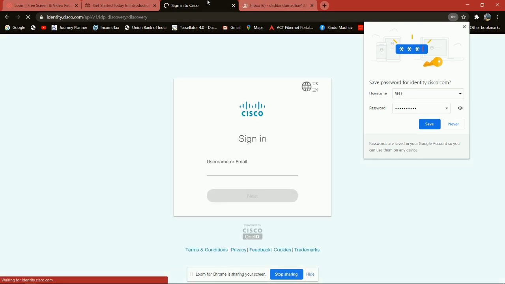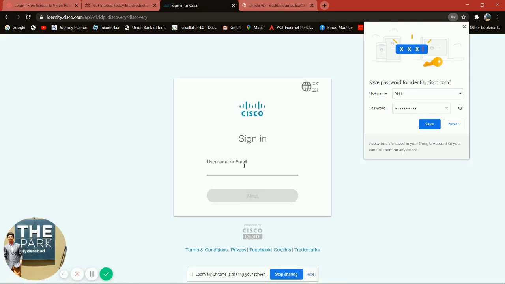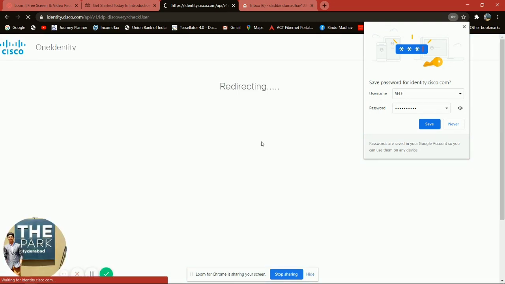Now you have to sign in with your username or email which you have just entered into that application. After giving your email or username, click on next, and after clicking on next, you have to give the password which you have created just now.